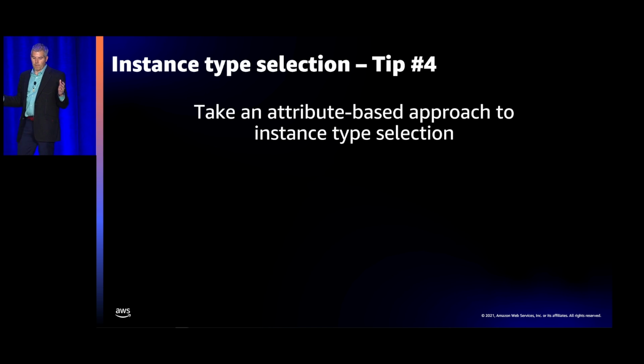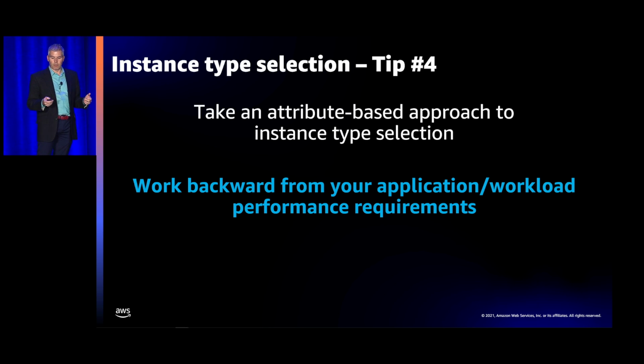My final tip is to work backward from the workload for performance requirements. We talked earlier about making sure you select the correct instance option. But the key is to look at your application and determine what type of performance and what minimum requirements you have. So work backward from the application. Is it an application that needs certain CPU frequencies? Maybe you're a customer doing silicon design and testing EDA workloads. So perhaps take a look at some of the high frequency instances, maybe the M5ZN or the pre-announcement we had for the X2iEZN type thing. That may be something you need to target as opposed to looking at some of the other options. Maybe that's your first thing.